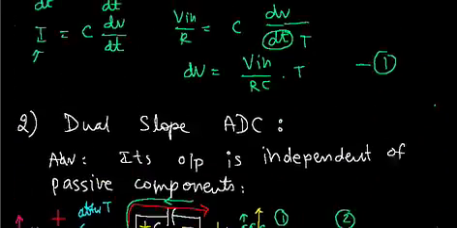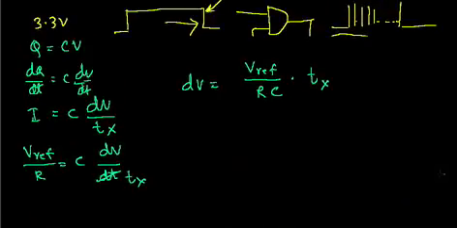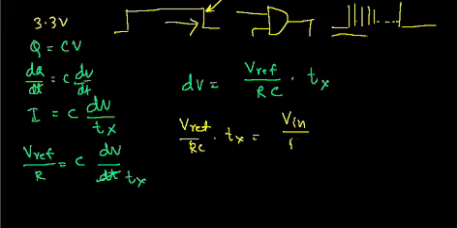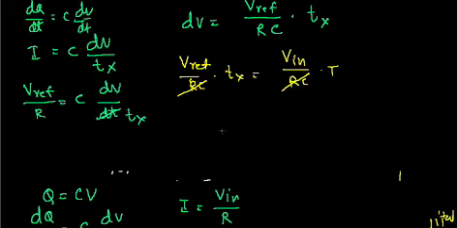So both are the same, and therefore we can write the equation V reference by RC into Tx is equal to V input by RC into capital T, and you can find that RC gets cancelled, and we can write down the equation Tx is equal to V input by V reference